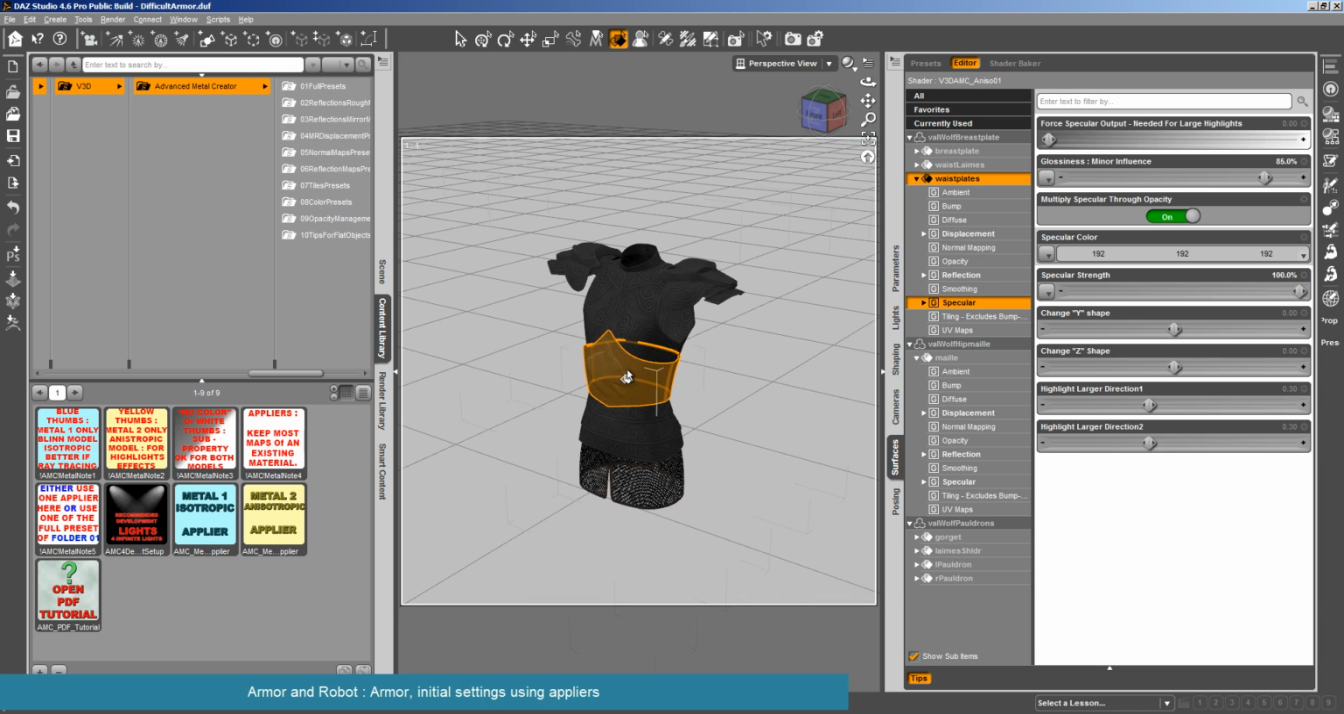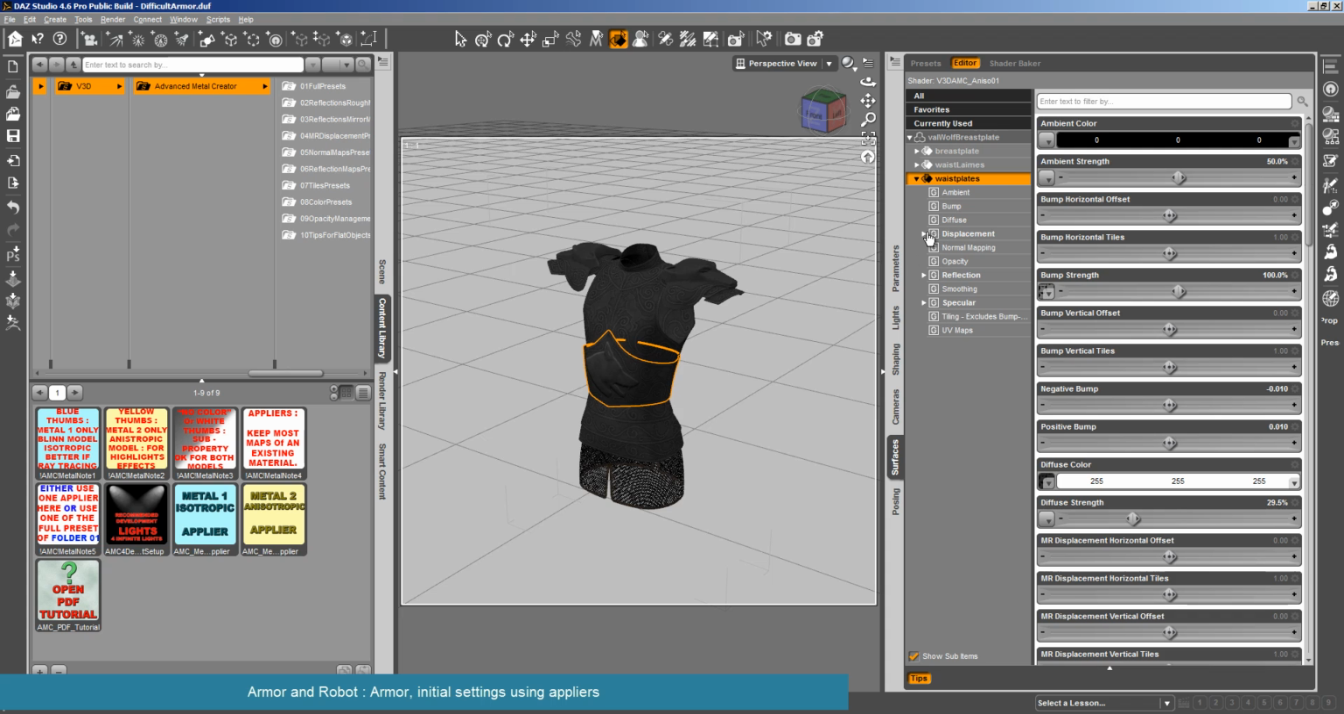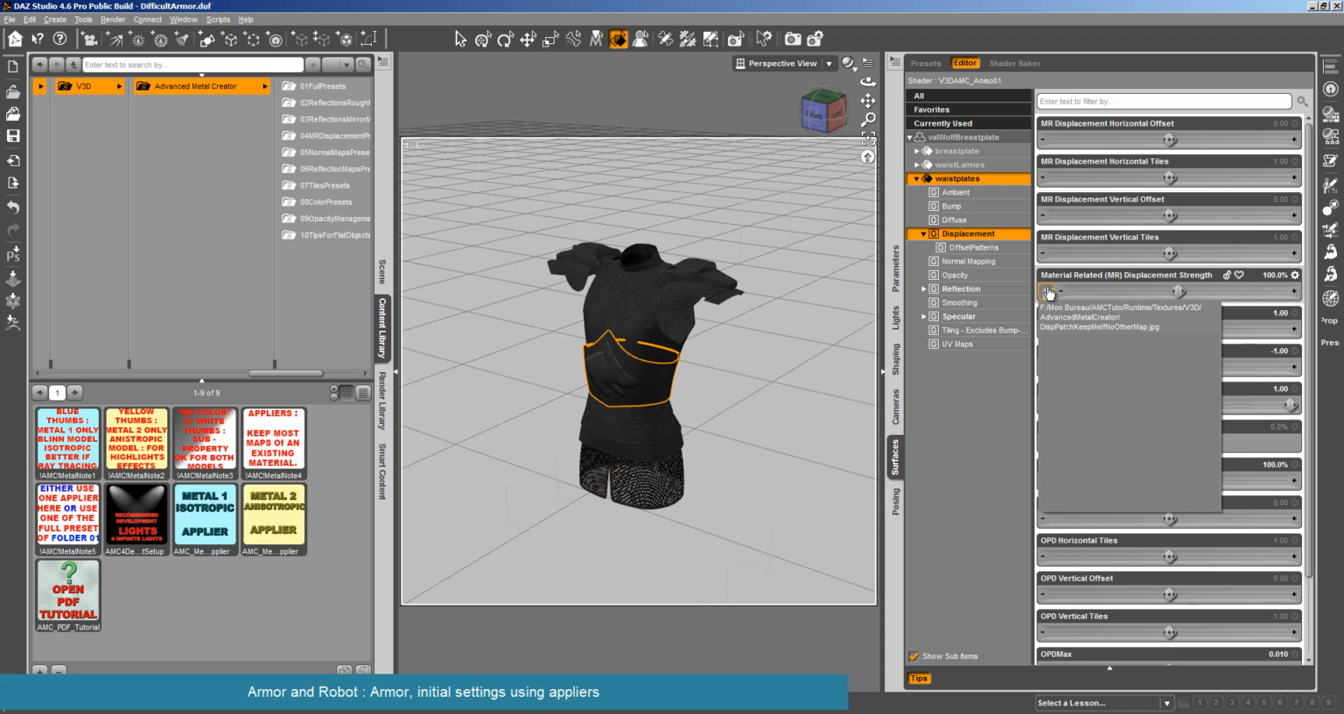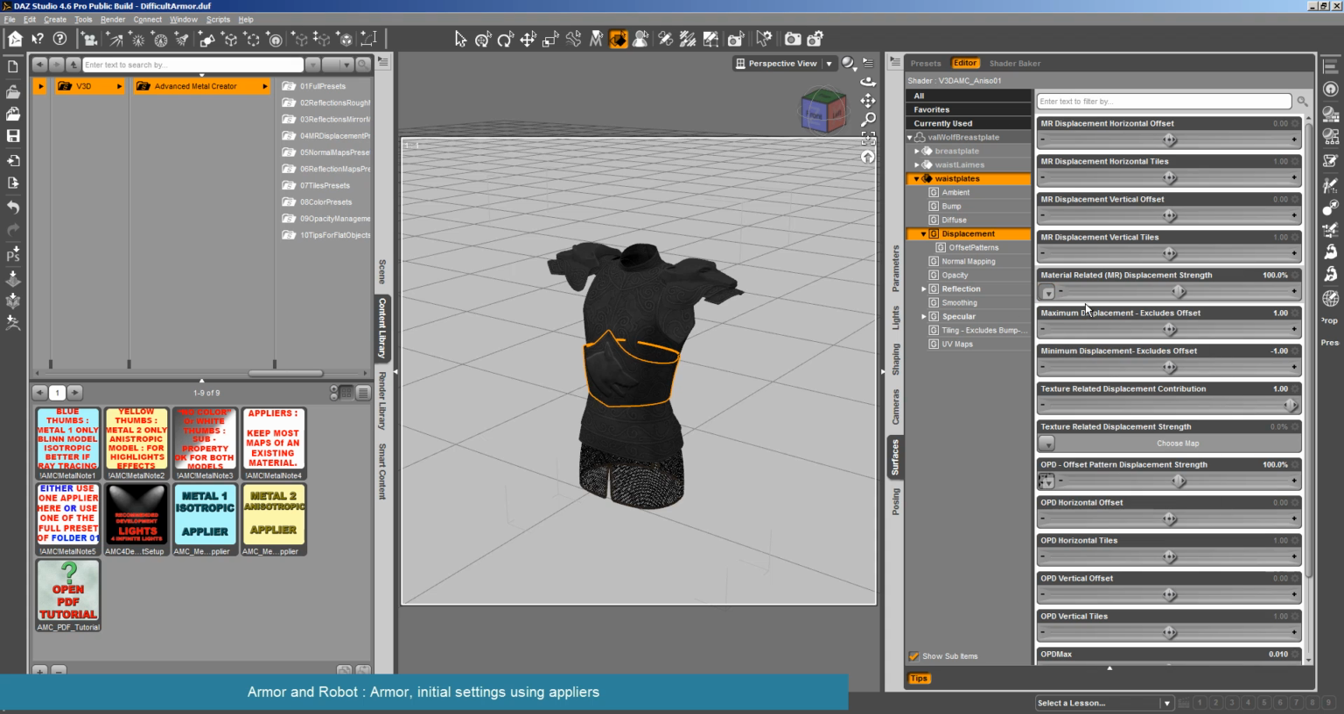So what you have to know is that when you have displacements, I have several types of displacements. I have the MR displacement, for material-related displacement. By default, a map is loaded. It is a patch map. What is a patch map? It's a pure gray map, and it's loaded here. Why? It's because if you